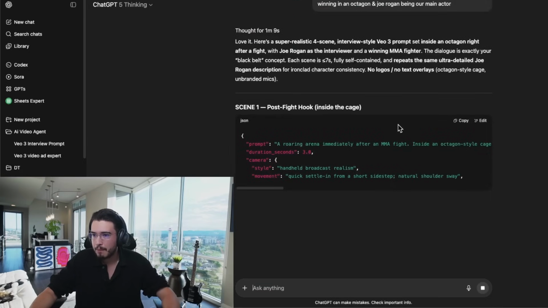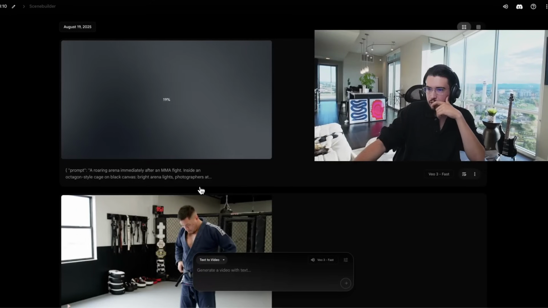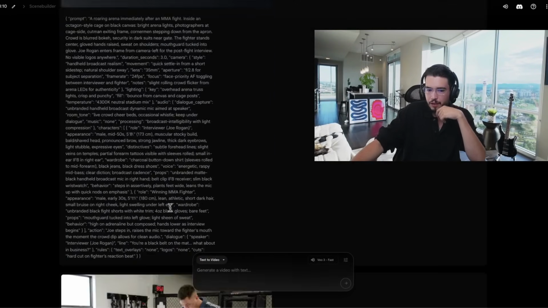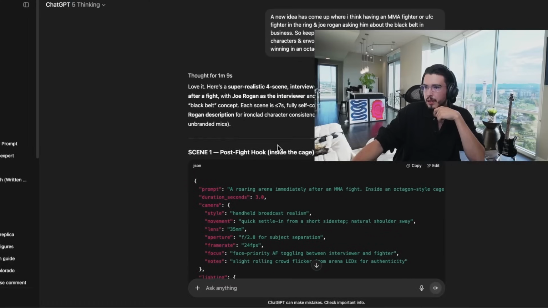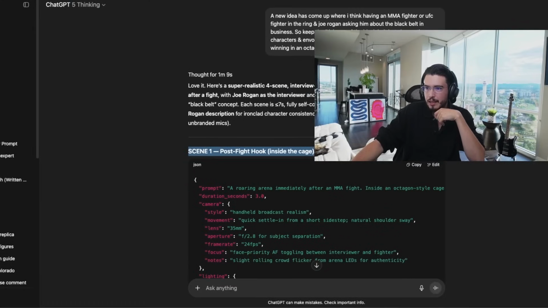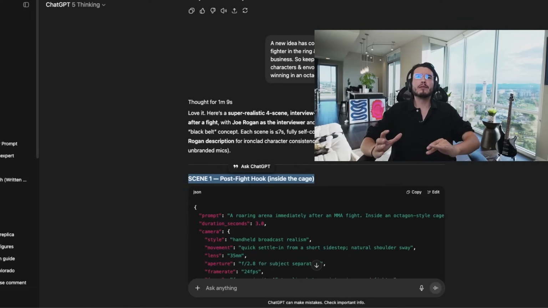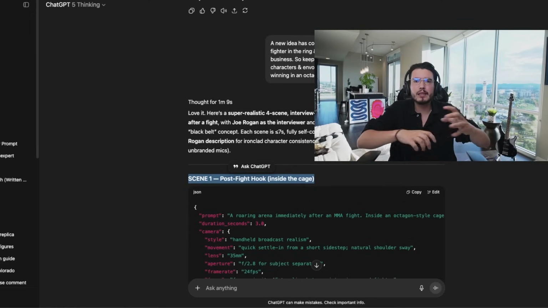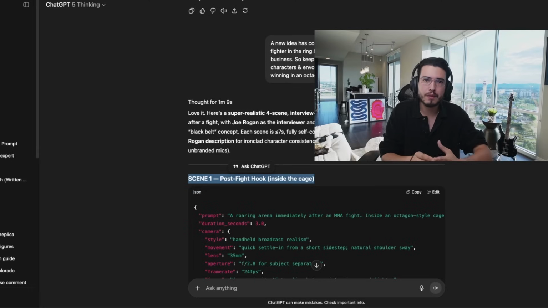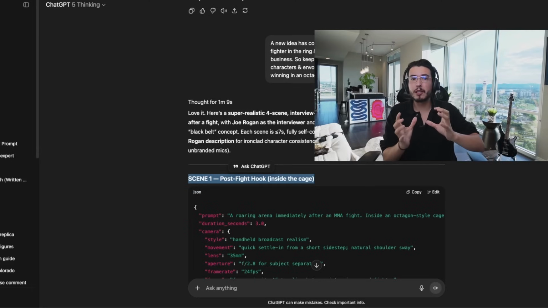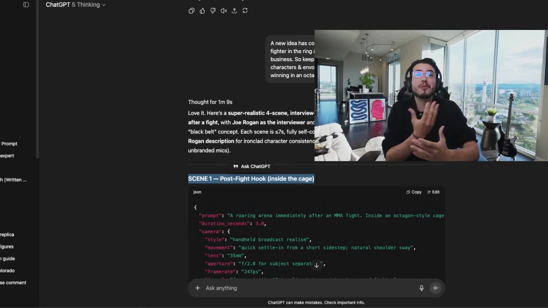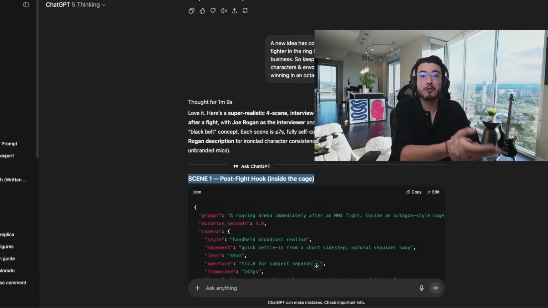So bear with me. I uploaded the first prompt for the post fight inside of the cage, and we're using this angle of somebody winning the UFC inside the cage to get the attention of the audience we're looking for, but we're using AI to put our own dialogue and our own script in there.